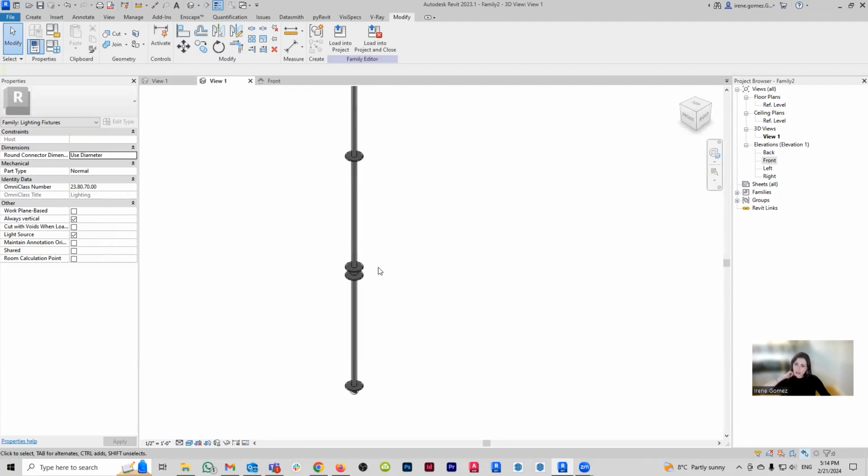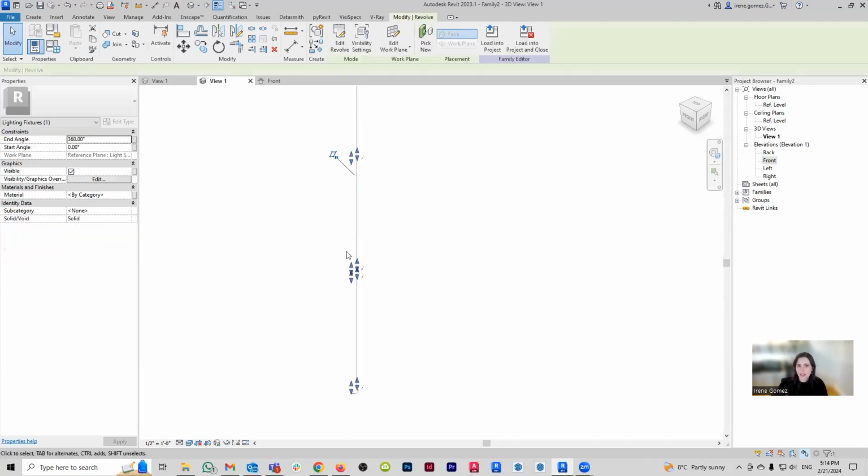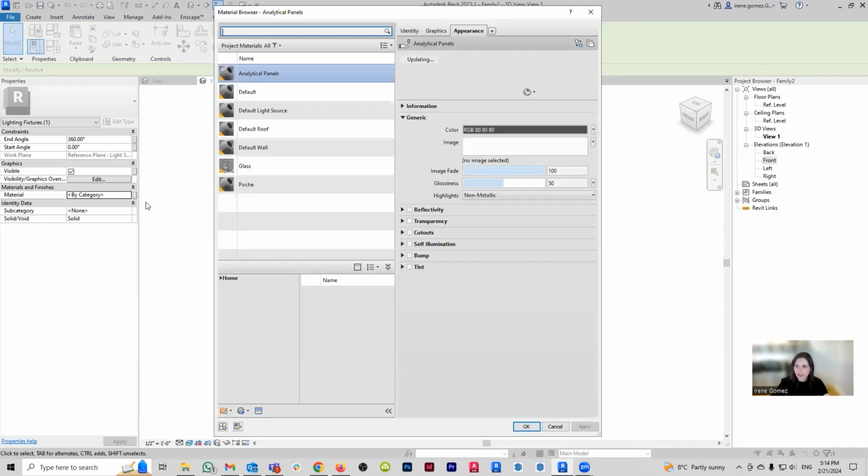Now, I'm going to assign a material to this guy. And again, this is where you want to stop and ask yourself, is this a material that I am going to want to change later in the project, from, let's say, material A to material B? If the answer is no, you can just select the geometry and assign a material. If the answer is yes, then the material should be parametric. So for this part here, I'm just going to make it brass. But for the petals themselves, I want to make it so I can later change those materials. So maybe I want it to be solid. Maybe I want it to be glass. Maybe I want it to be whatever I want it to be, right?